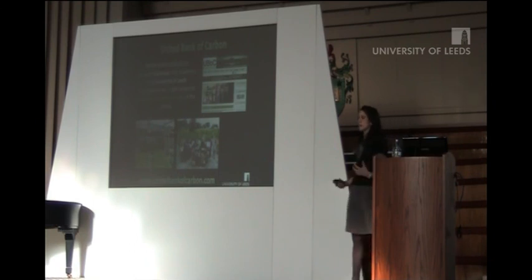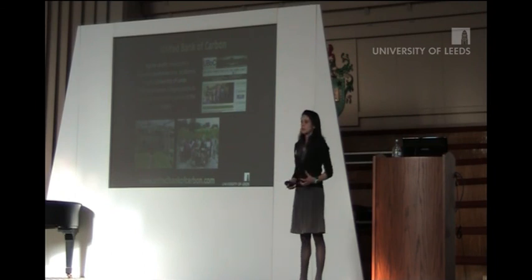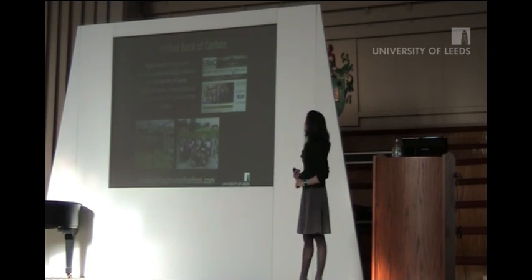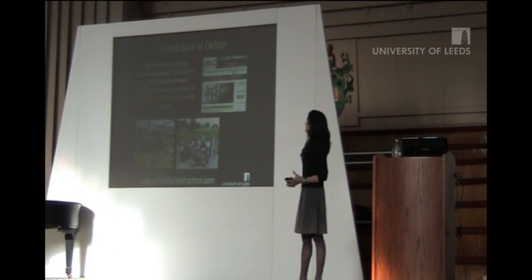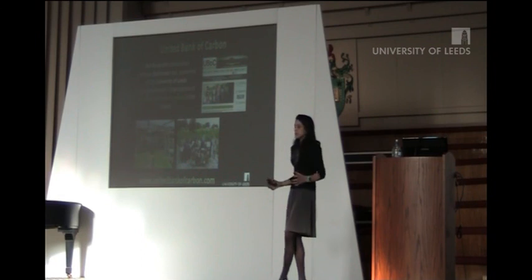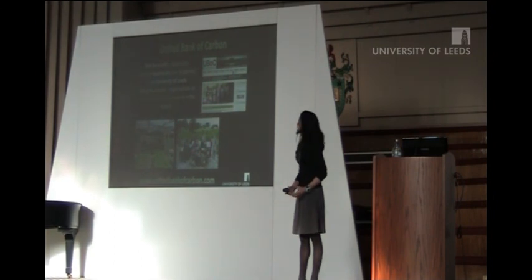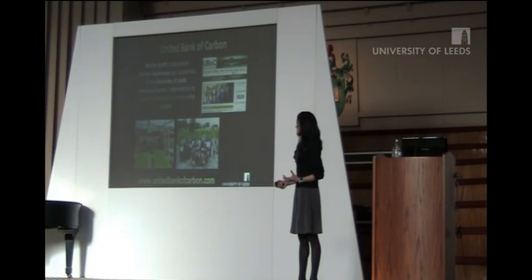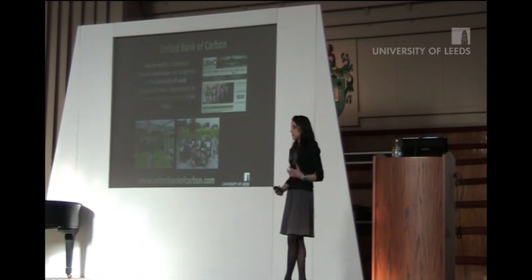And we were asked to say a little bit about how we're having an impact with our research. And for me, that's through my role with a charity called the United Bank of Carbon. So we're a collaboration of scientists from the university and local business people that aim to secure funding for rainforest protection projects in the tropics. And these projects aren't just a case of buying areas of rainforest so that they don't get cut down. The projects involve introducing sustainable agriculture techniques and community development activities so that the local communities have an alternative to deforestation, and in that way, we're reducing it.